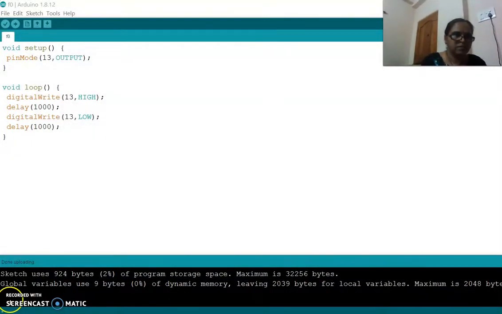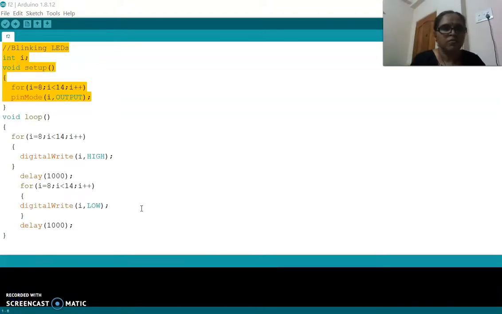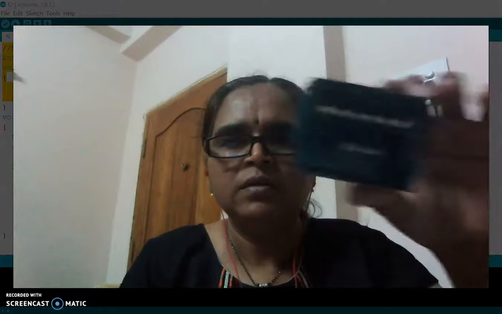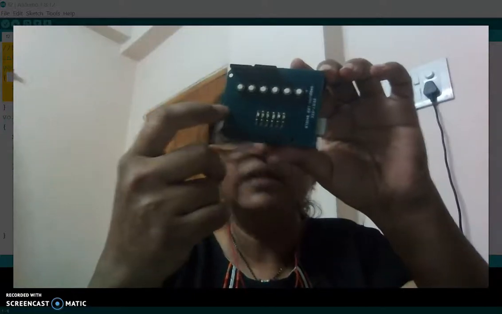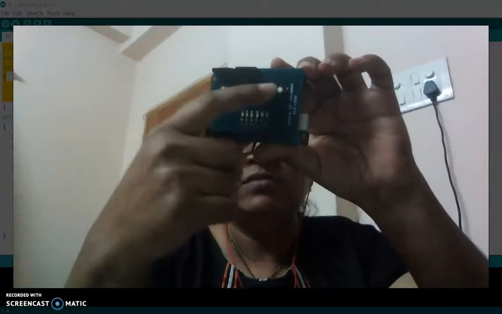Students, now we will see the actual programs. Task 1, first program. The first program is blinking LEDs. So here we have one shield. You see, this is the shield we are going to use in task 1. This shield has 6 LEDs and 6 switches.